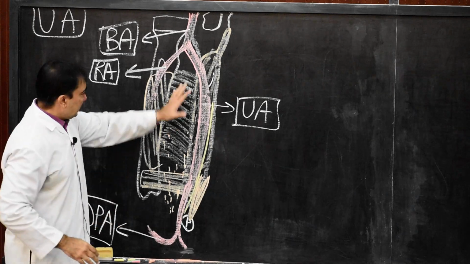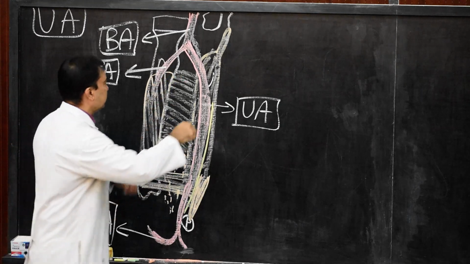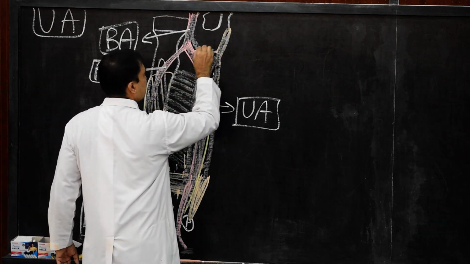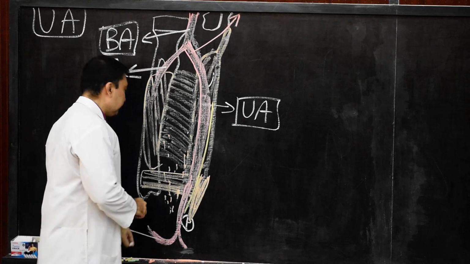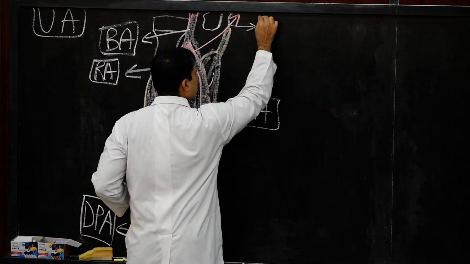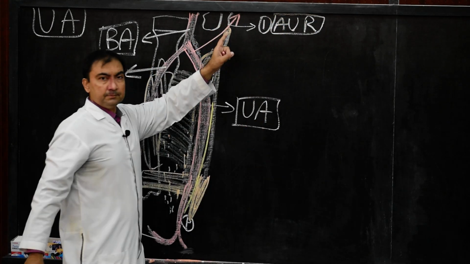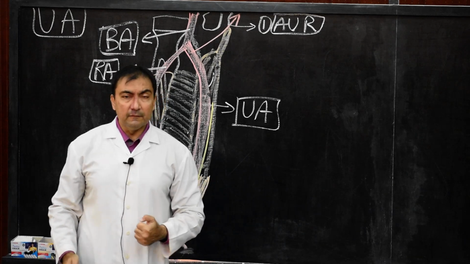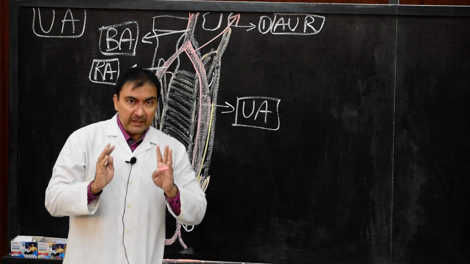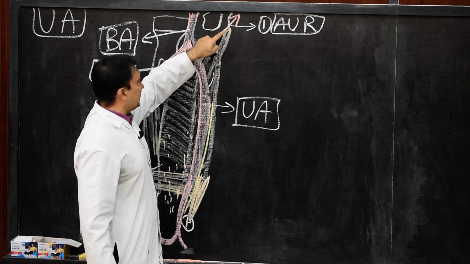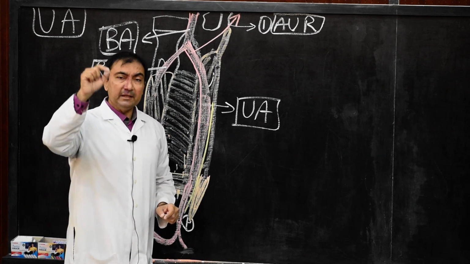Now the branches. Branches, very interesting. We take one by one as it comes in sequence during dissection. The first branch will be, number one, anterior ulnar recurrent branch. So let us name this as anterior ulnar recurrent, and it will pass upwards in front of medial epicondyle, where it will anastomose with inferior ulnar collateral branch to form anastomosis of elbow joint. So anterior ulnar recurrent, you just write it as it will pass in front of the medial epicondyle of the humerus to anastomose with inferior ulnar collateral artery.